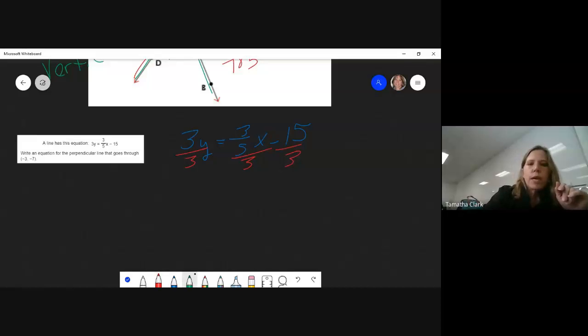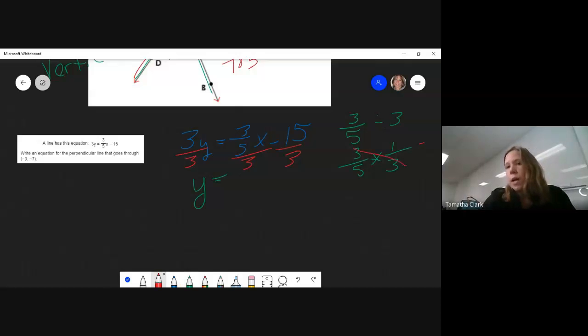So now we end up with y equal to, and if you want to see the process here, divided by 3, so that's the same thing as 3 over 5 times 1/3. And conveniently in this situation, our 3's would cancel out, and we end up with 1 over 5. There we go. All right, so that's just working with the fractions. I like to show what I do with my fraction, because I could start just canceling and then you might not see what I was actually doing. So it's 1 over 5,